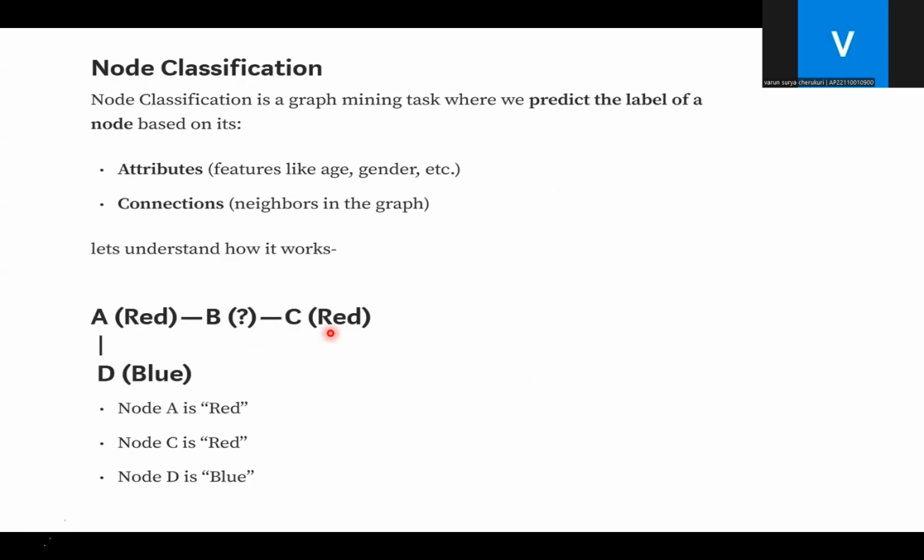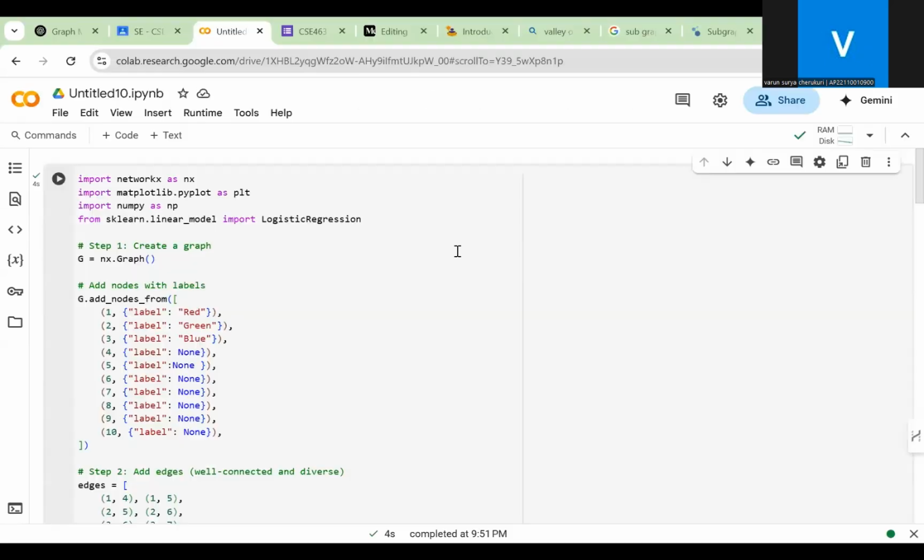And in node classification, we're gonna see a small code snippet. Here is a small code snippet for